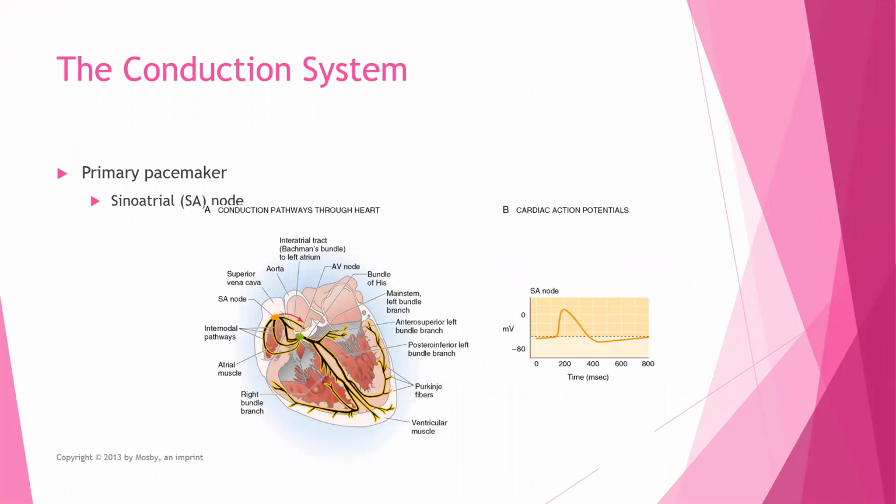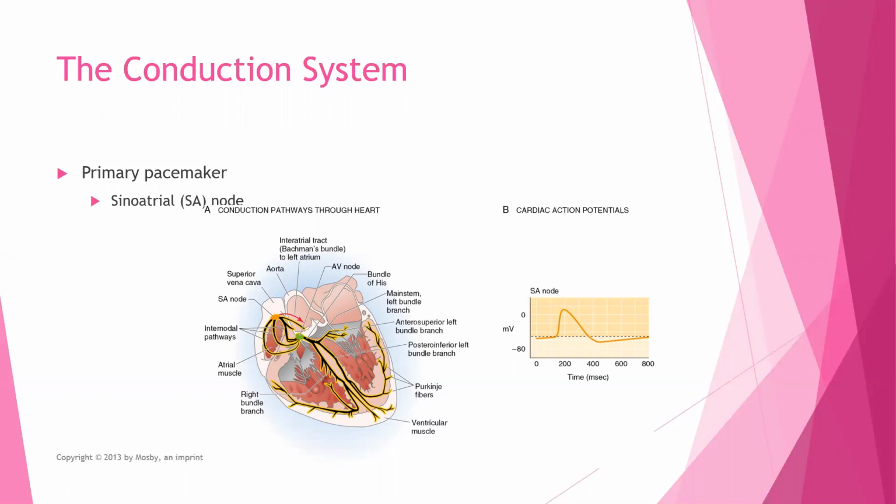We've looked at this before, and it's just important that we remind ourselves again that the sinoatrial node or SA node normally depolarizes faster than any other part of the heart's conduction system. So normally the SA node is the heart's primary pacemaker, right? You see it up there on the left of your screen in the right atrium. And as a result,